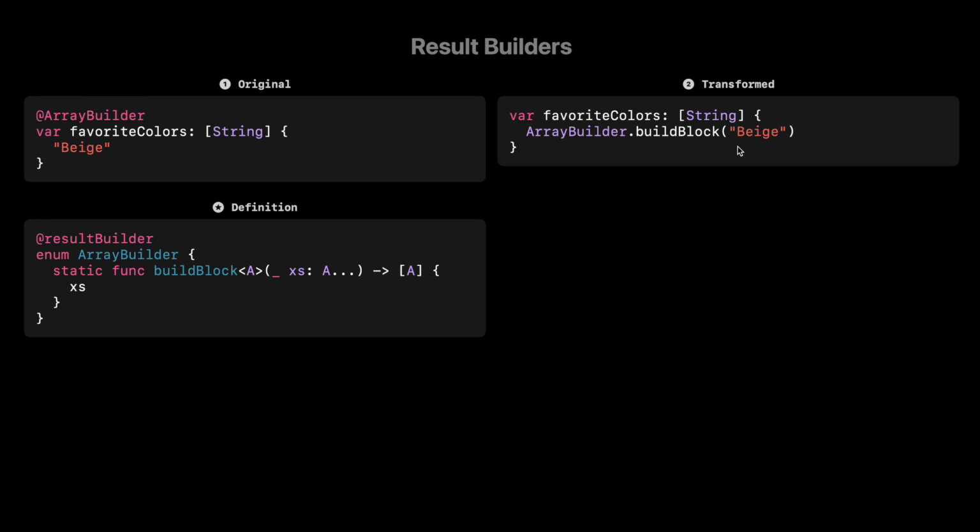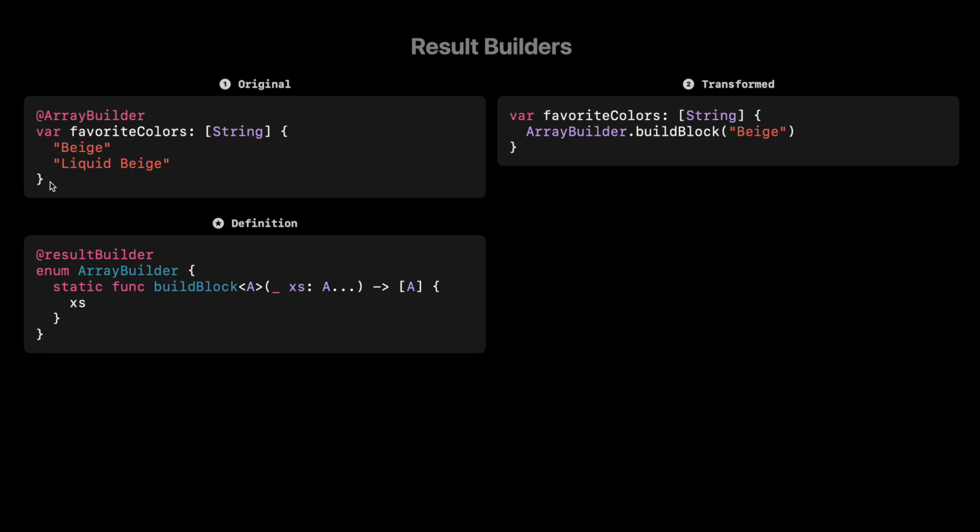So this will return an array of the string beige, our favorite color. Things get more interesting now when we add a second color, liquid beige, to our list of favorite colors. And already, the result builder is starting to get interesting, because usually at this point, when you have a multi-line